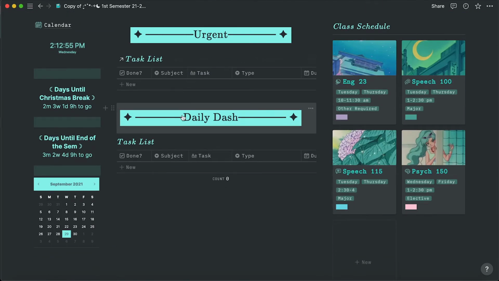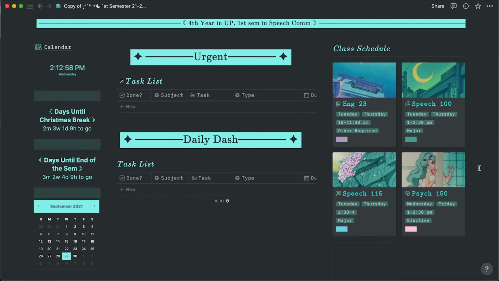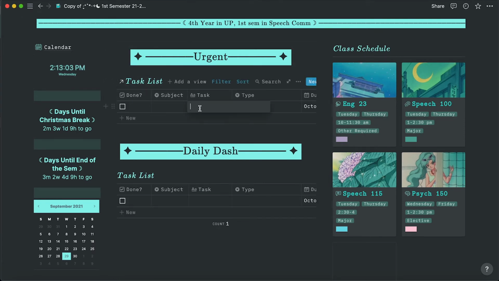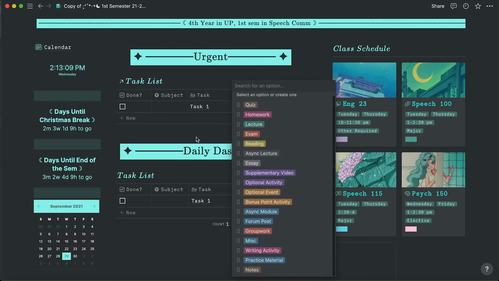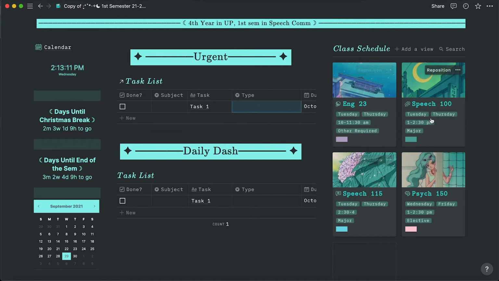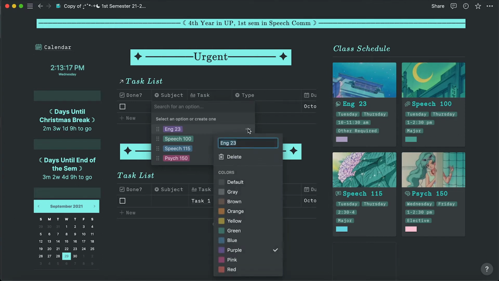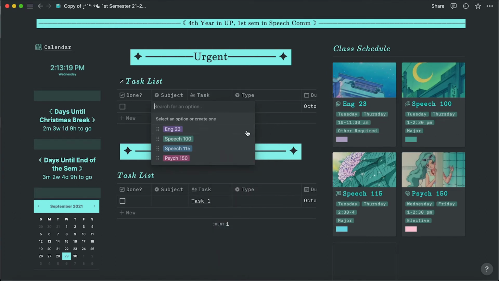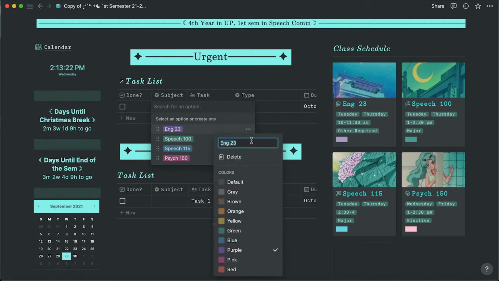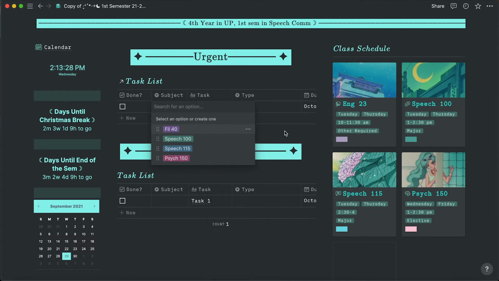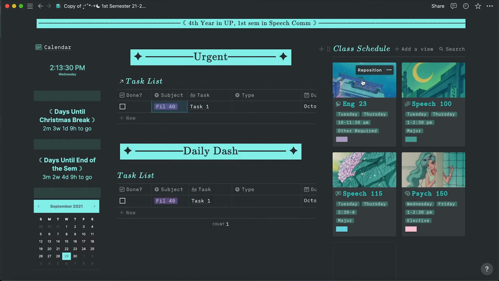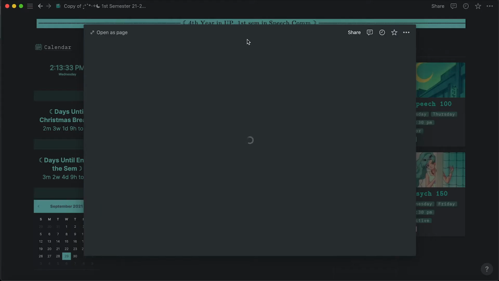Now, the first thing I want to teach you guys is how to change this into your own subjects. So let's just say you have a new task, and we'll call this task 1. The type doesn't change really, but you don't have the same subject as I do, so how do you change that? You can go over here and just change it up. If you only have 4 subjects, you can just change it. So I'll name this after one of my subjects that I've done previously. We'll call this Phil 40. So you can label it as Phil 40, but if you go to Eng 23,